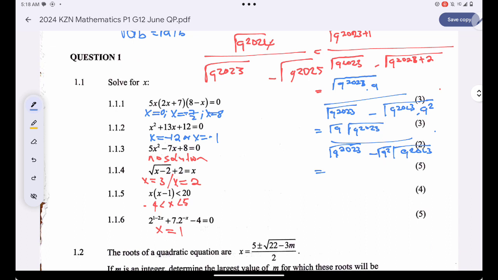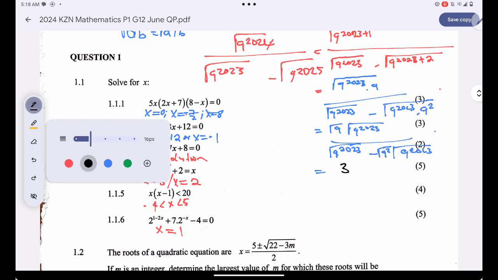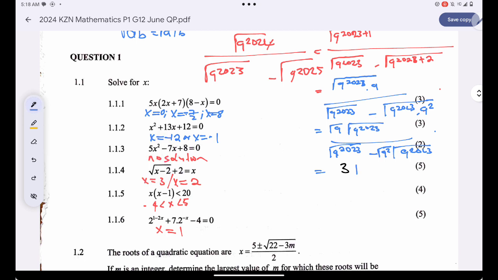Okay, the square root of 9 will give me 3. Are you together? Then I still have 9 to the power 2023 all over